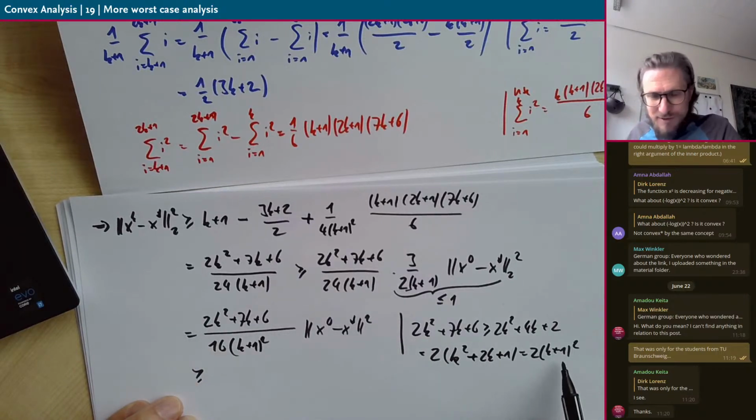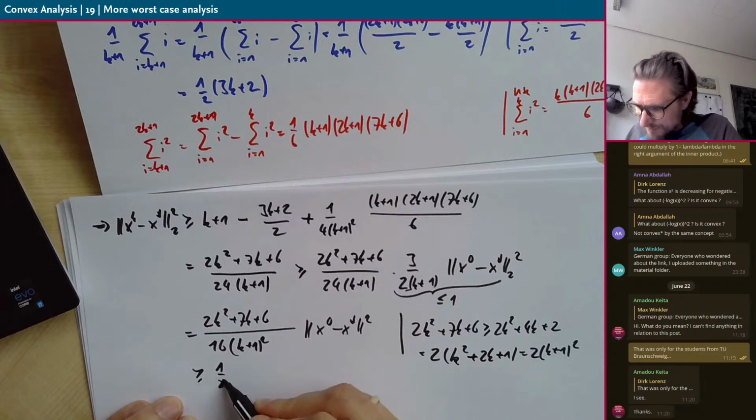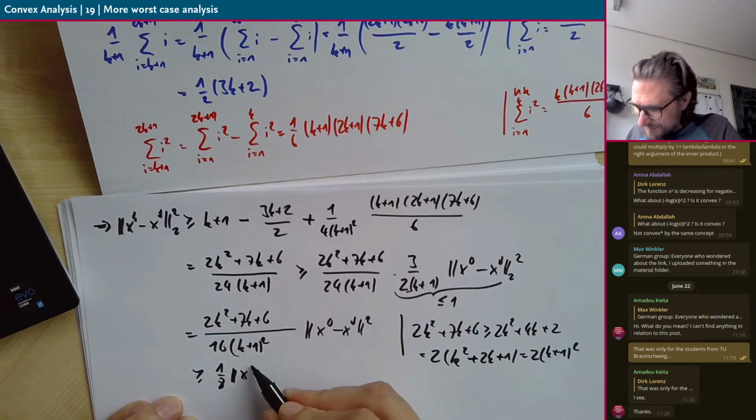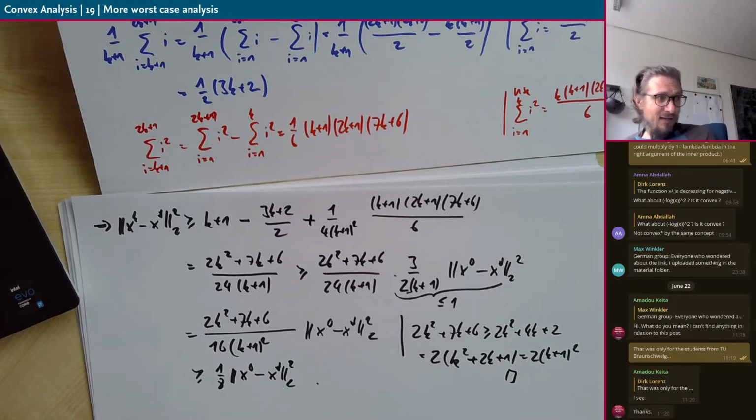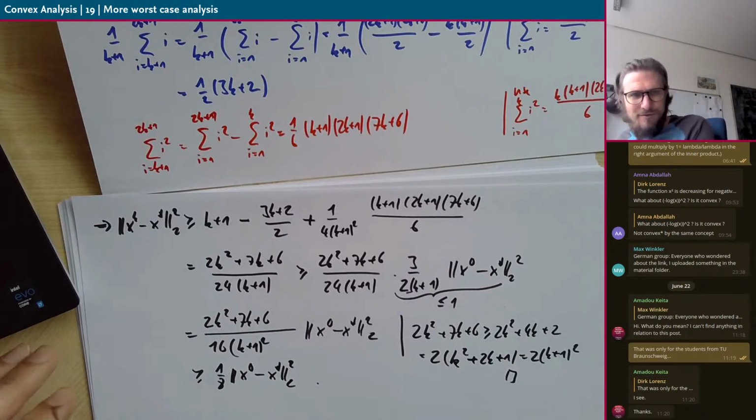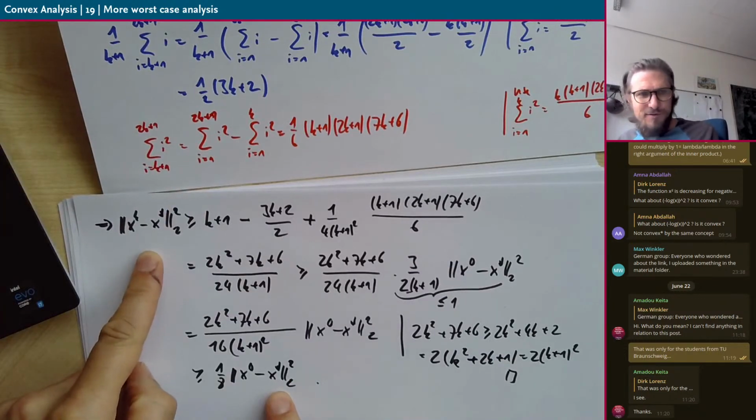The (k+1) squared cancel, and again we end up with 1/8 times x0 minus x star, and its 2-norm squared, of course. And that was it. That was the second claim. Okay, it's a bit of a weird calculation, and the part of this estimate here is probably the weirder one, but